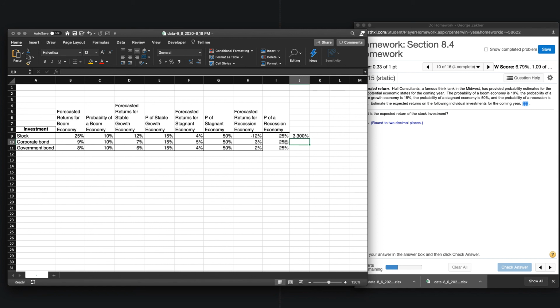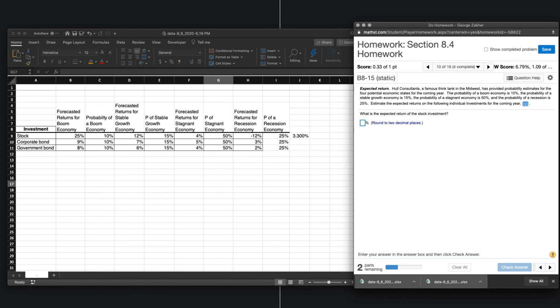Now you have that. You can always look at the rest. I'll let you compare the rest of them, but that should help you calculate the expected return given the